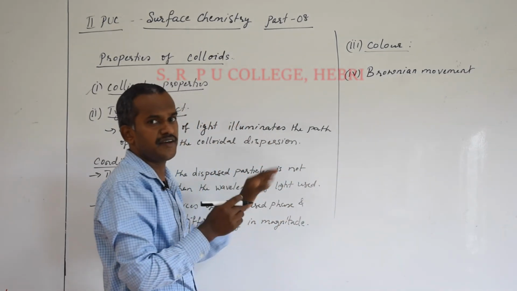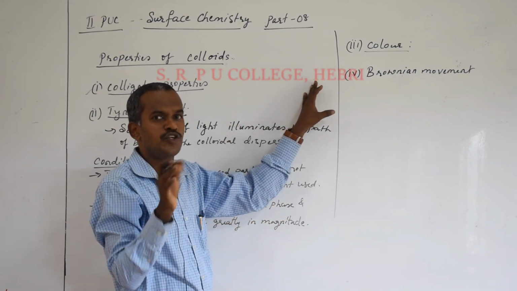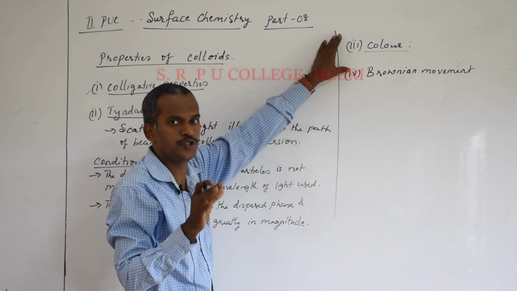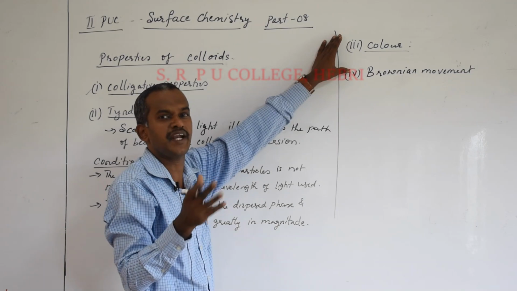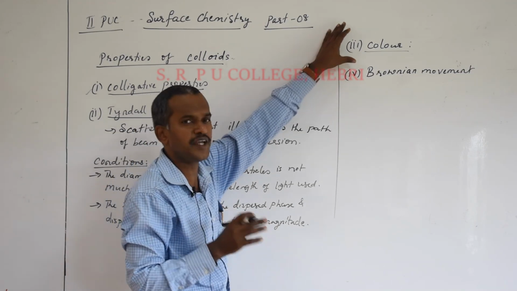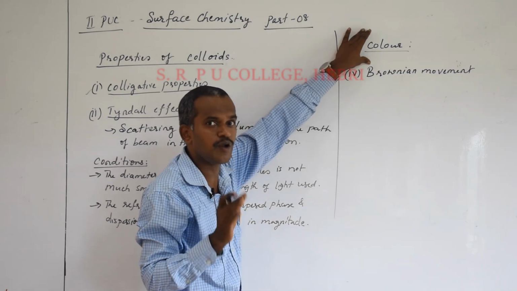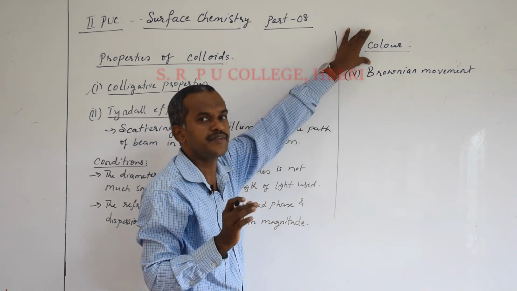Now generally you say a gold yellow color, and gold sol may not have a yellow color. The concentrated gold, usually when you prepare a gold sol, it may be red in color. Now the question comes, why does the color change there? The color of any colloid depends on the wavelength of the light.